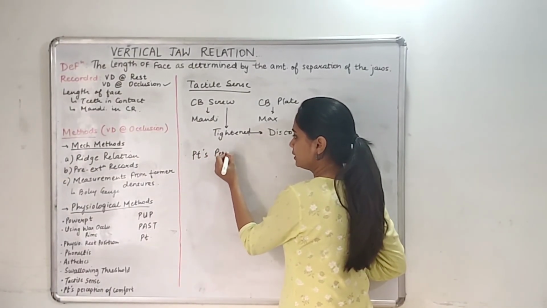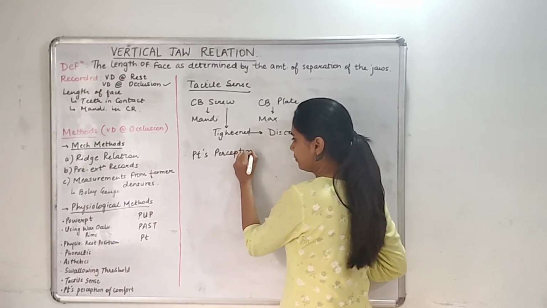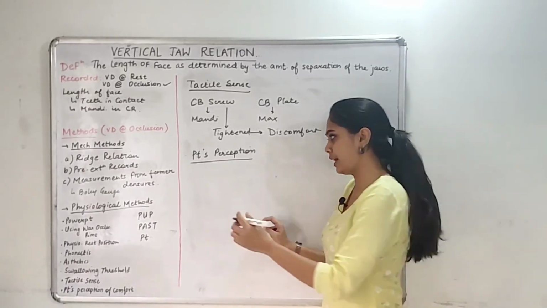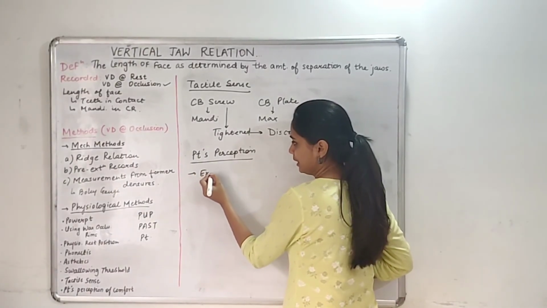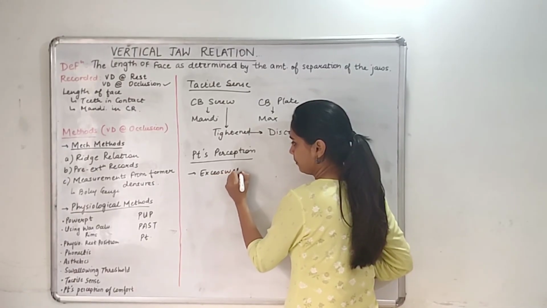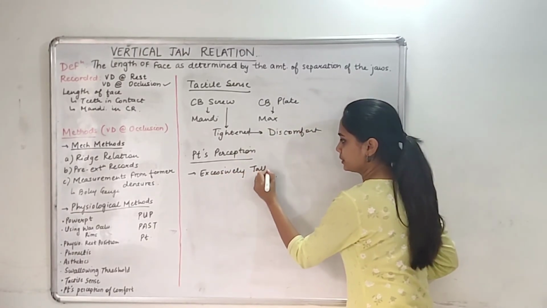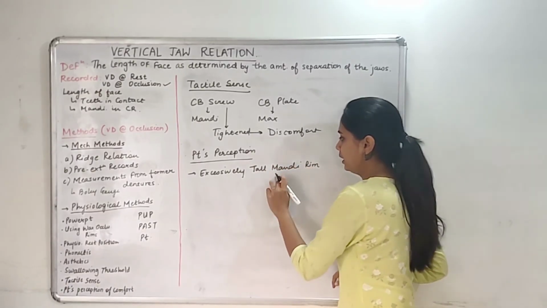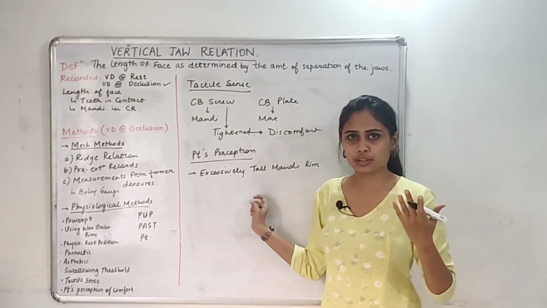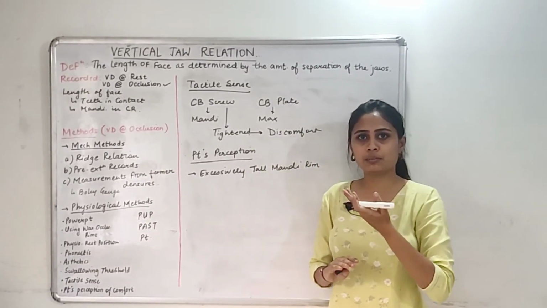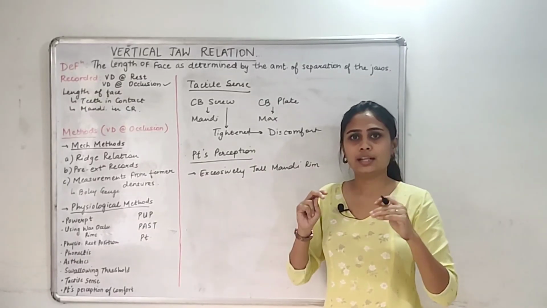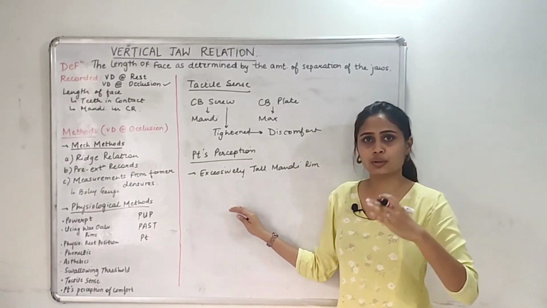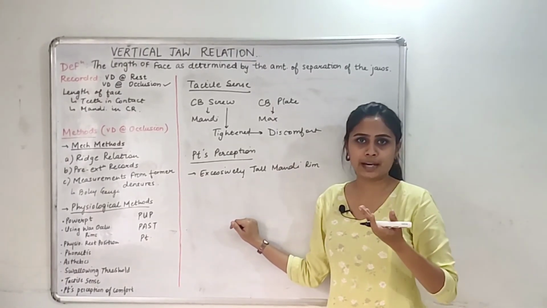So this is also one similar to the one that we discussed earlier. Here we fabricate the mandibular occlusal rims of excessive height. Only one point to be remembered: excessively tall mandibular rims. Okay, so when you fabricate a mandibular rim which is excessively tall, the patient will feel that something is weird. So you remove a layer of wax from the mandibular rim and then ask the patient to close again. The patient will still say, no, I feel that it is still very tall. So we'll again remove a thin slice of wax from the mandibular rim.